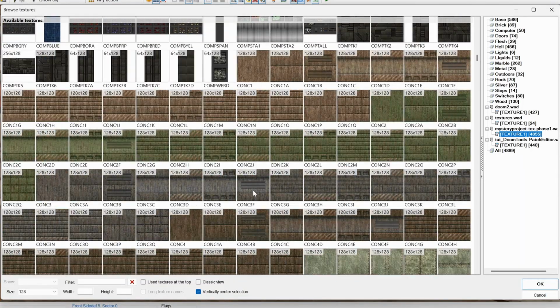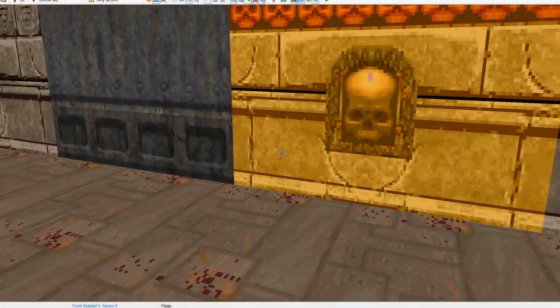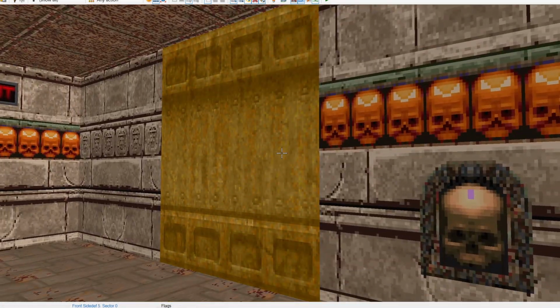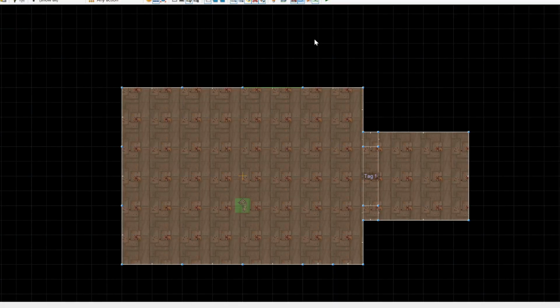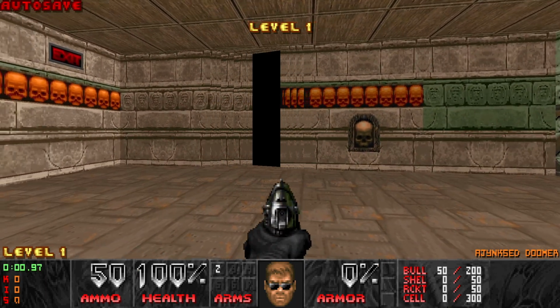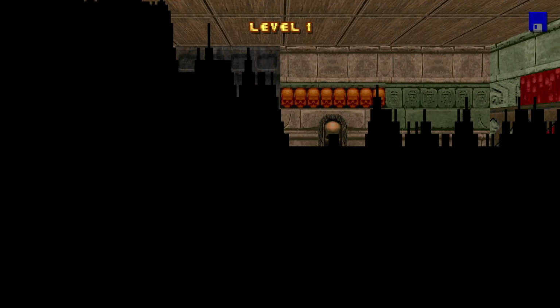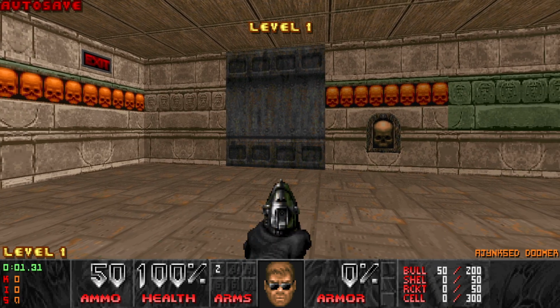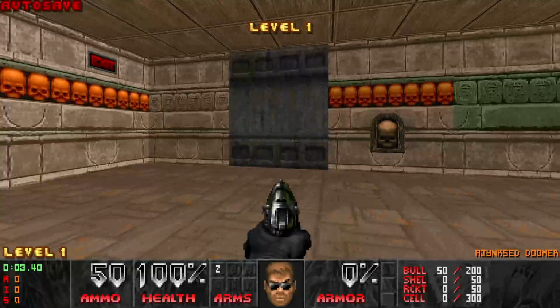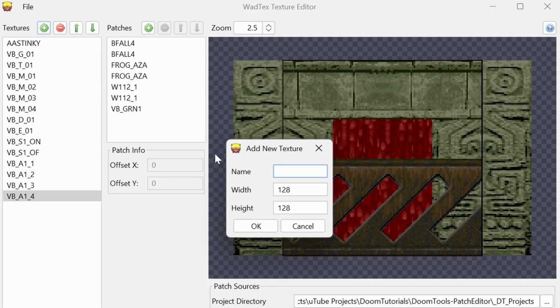How about this one? And just like before, if we do a preview, we're not going to be able to see it. But if we save and do a build and a preview, then we will be able to see it. Okay. If I make a new texture and I call this BTX ed,